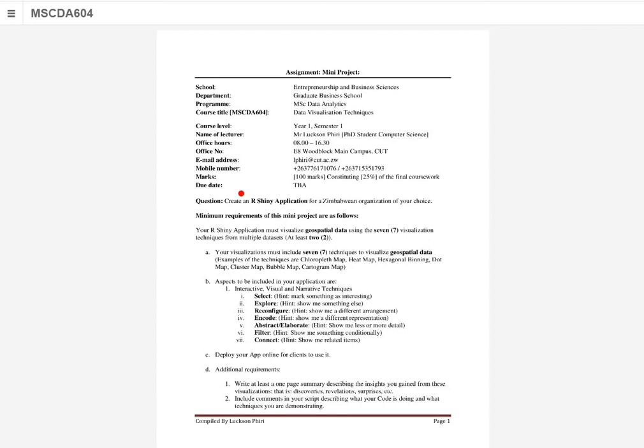So additional requirements, you're going to write at least a 1-page summary describing the insights that you have gained from these visualizations. You're going to tell us discoveries, revelations, surprises, etc. What you have discovered from your visualizations. And you are going to include comments in your R scripts describing what your code is doing and what techniques